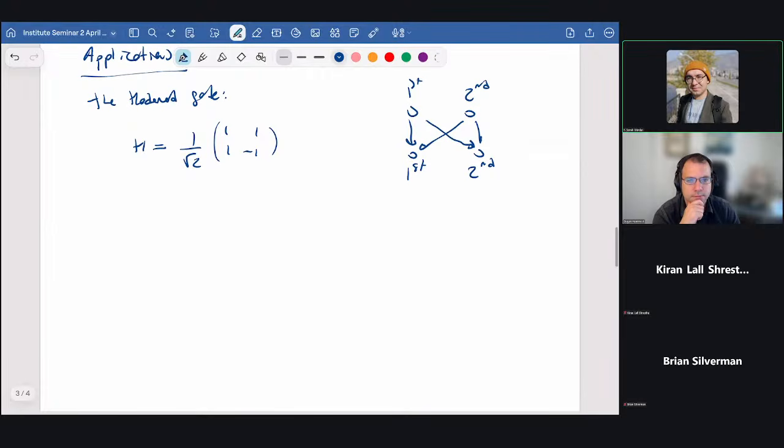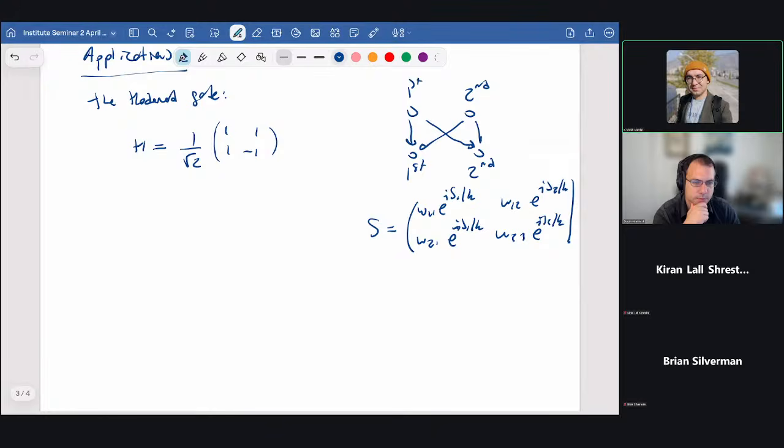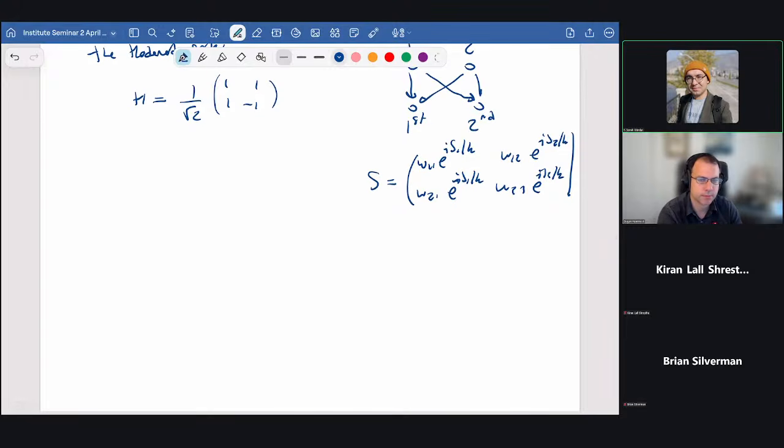The form of the S matrix for this multiway system is as follows: omega 1, 1, e to the I S1 divided by K, and omega 1, 2, or suppose these variety values of the first inward and the second inward are the same. That means we can bring the phases out of the matrix, and we write